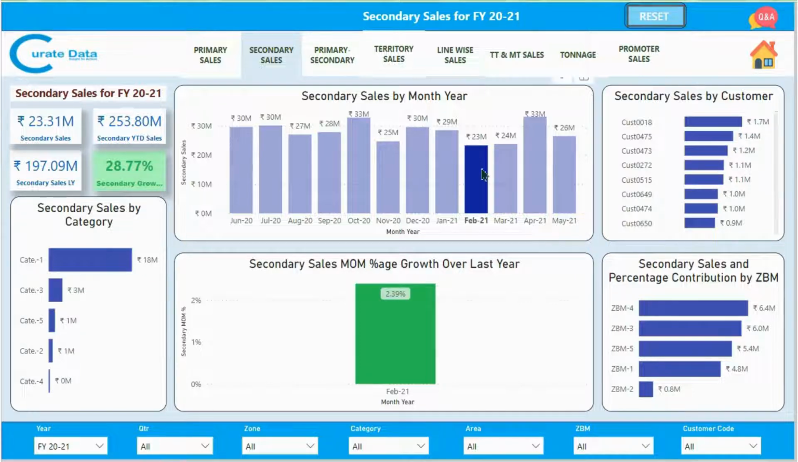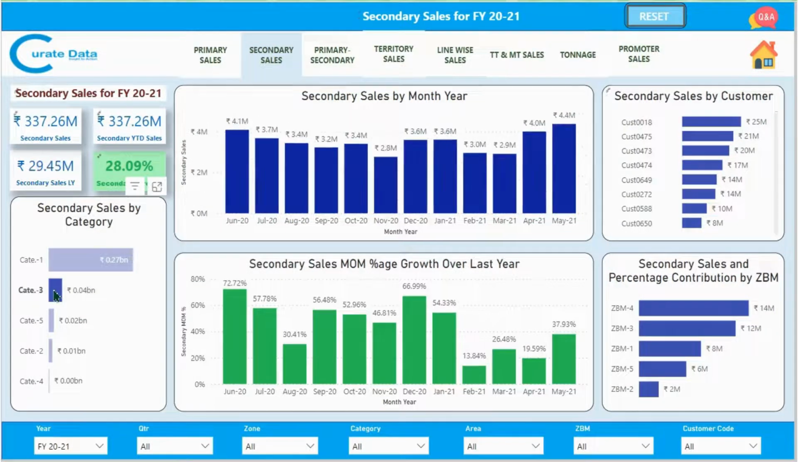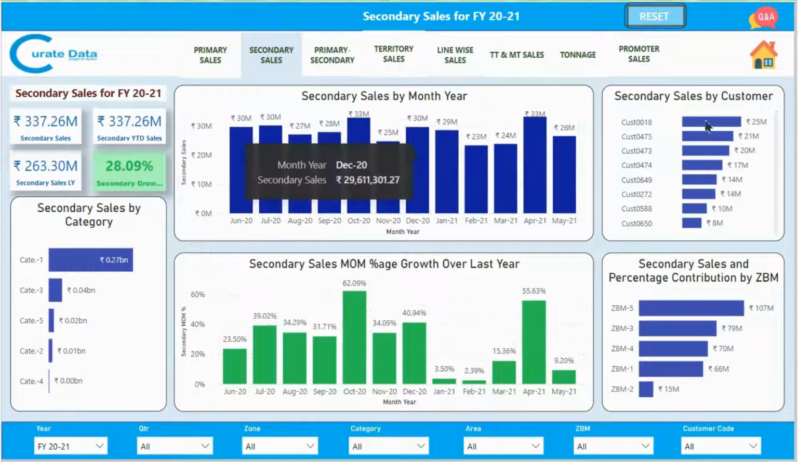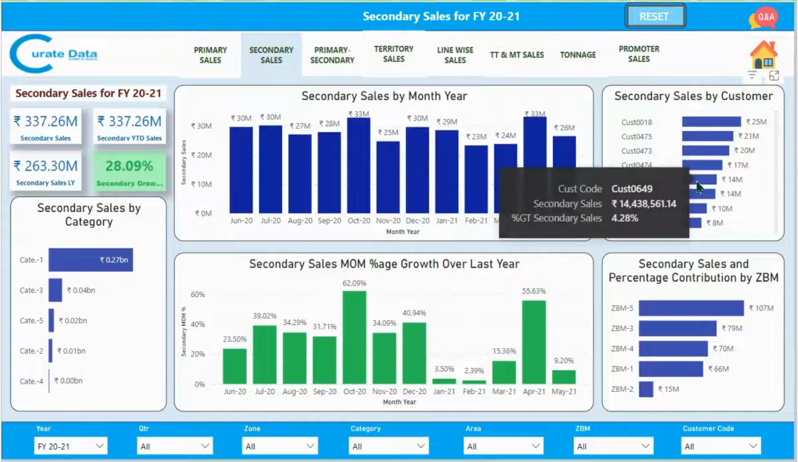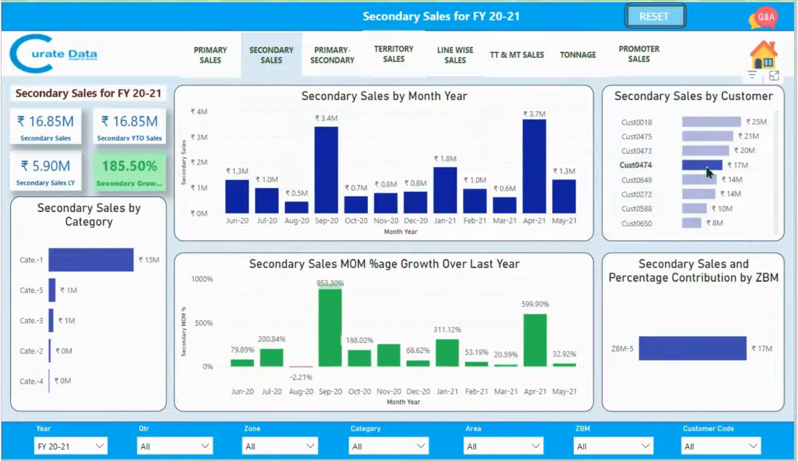Secondary sales by category. So let's go here. If I click on category 3, it's 0.04 billion. So here it converts. Then secondary sales by customer. If I click on customer 474, which is approximately 17 million, here I can see this. So it says growth or